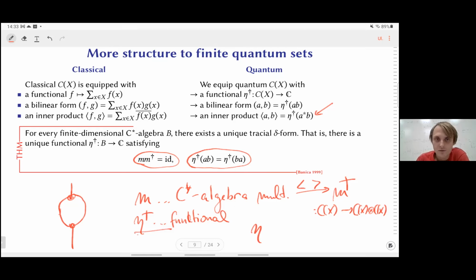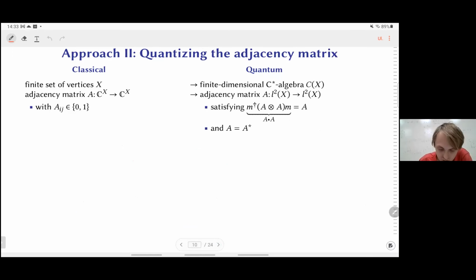So maybe you've heard the notion of Frobenius algebra. And yes, of course. Okay. Good. And well, if you want, you can also consider non-tracial functional, and then you obtain something different, which might also be interesting. Okay, so going back,